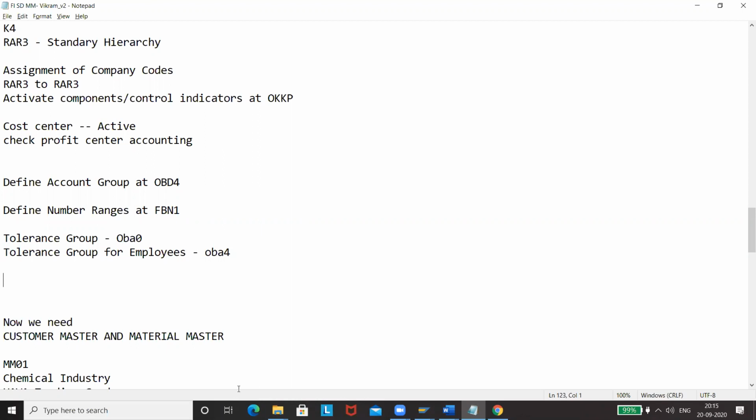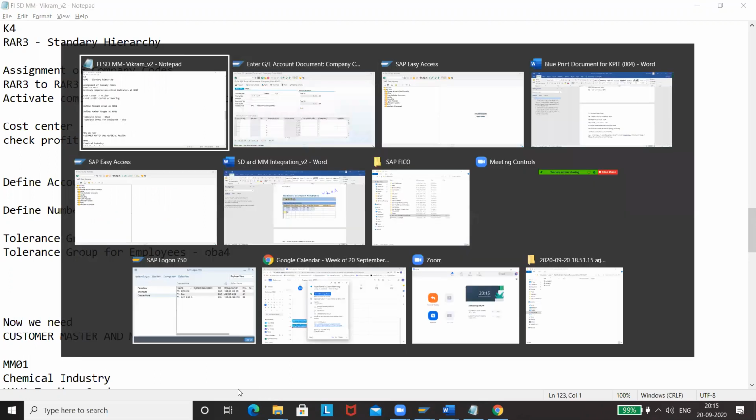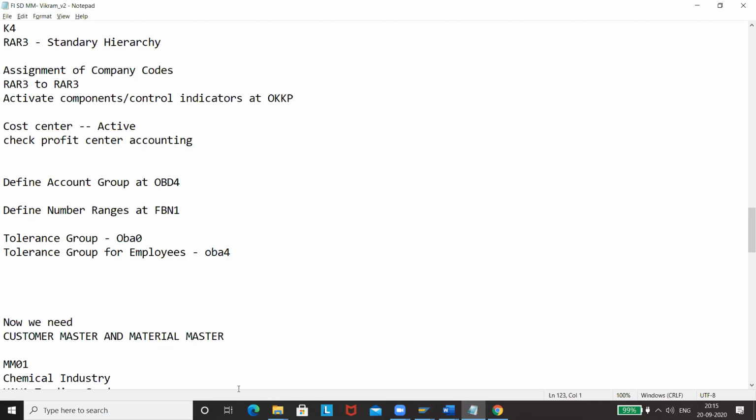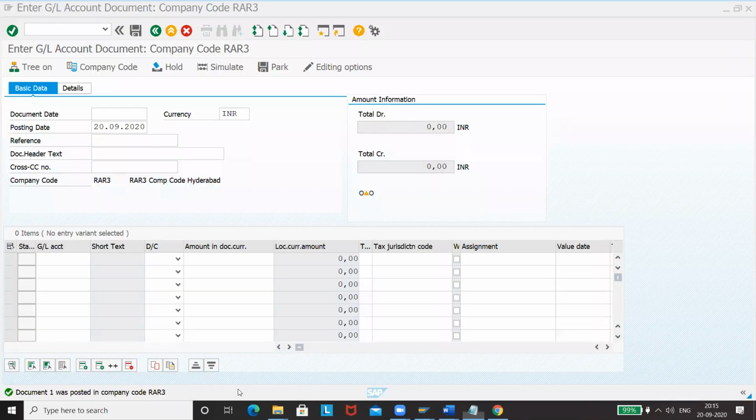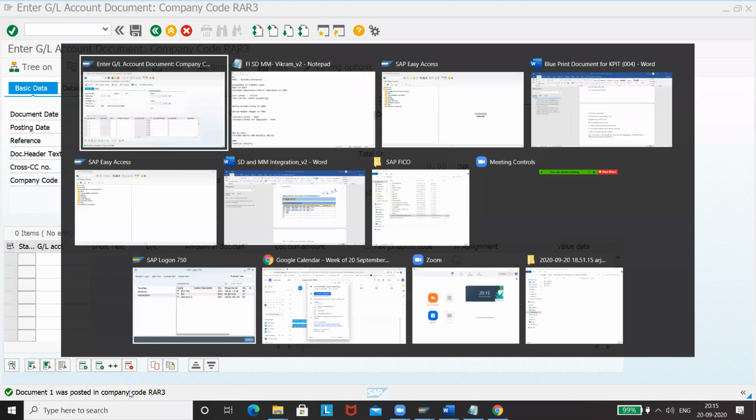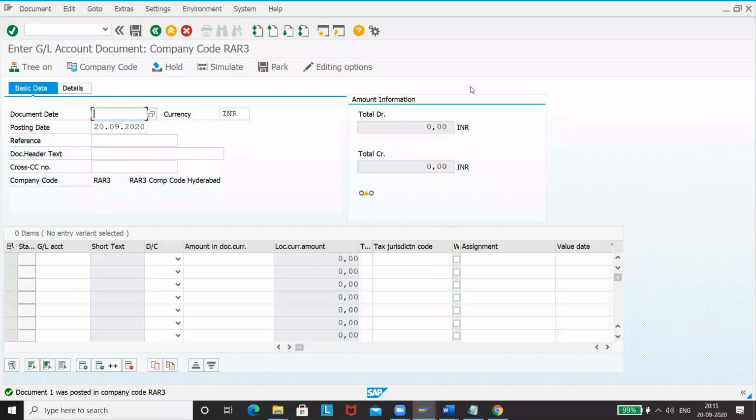We'll do those things in the next couple of minutes. So far, we've created our own company code and chart of account, and we have successfully posted a document in FI. That document is one. We'll start with the other settings in a moment.